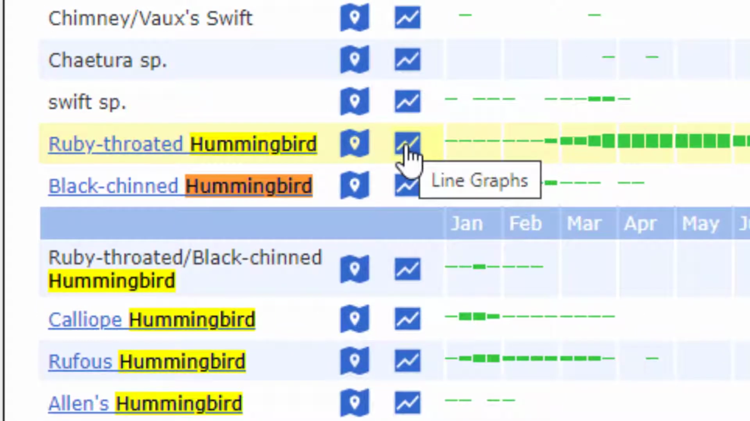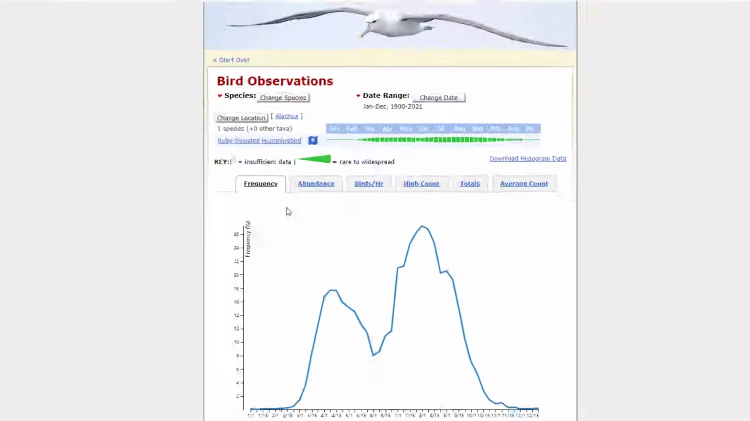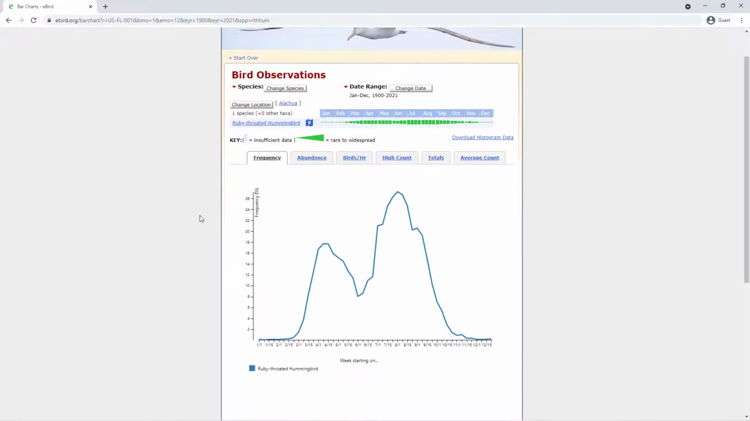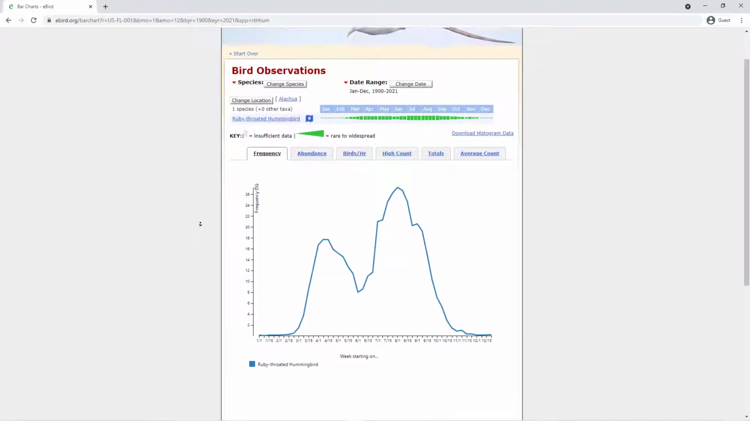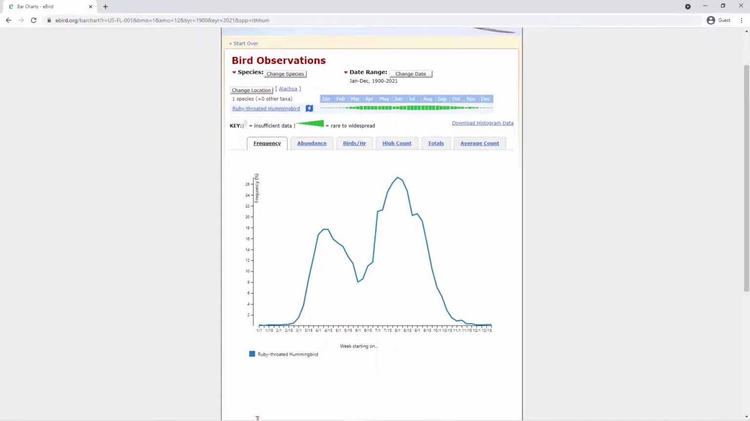Next, click on the line graph icon to the right of Ruby-throated Hummingbird and to the left of the bar chart, and the result will be the annual historical frequency line graph for Ruby-throated Hummingbird in Alachua County. Now you can begin to investigate the status and distribution of the Ruby-throated Hummingbird over the course of an entire year. I have interpreted various points of interest for this entire graph on our store website, but in the interest